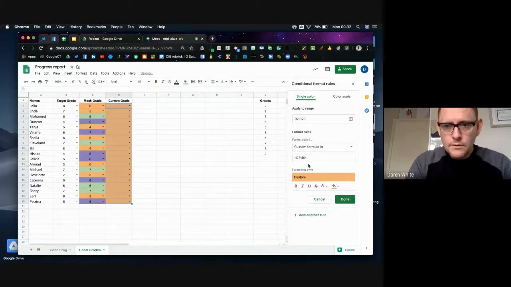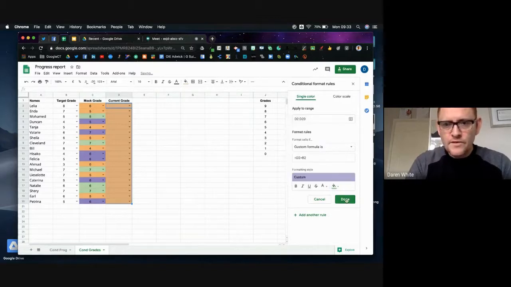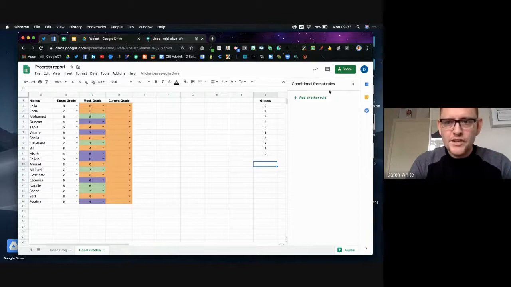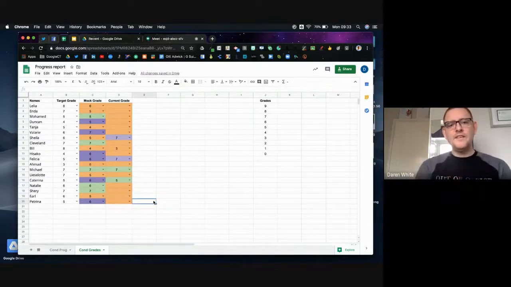Add another rule. If it's equal to B2, we can have it green. Add another rule. And if it's greater than B2, then we're going to have it purple. Okay, so we enter those there. And at the moment, all of that is showing up as orange because there's no values in there. But as we start to import values, we will see that things change accordingly,